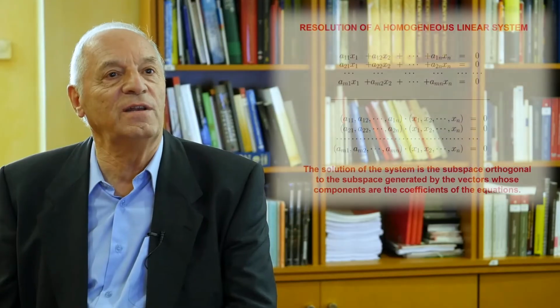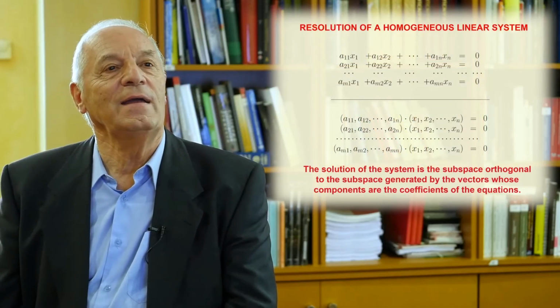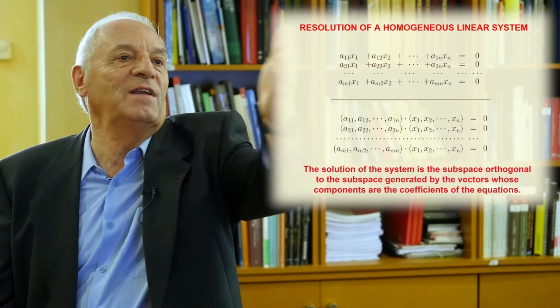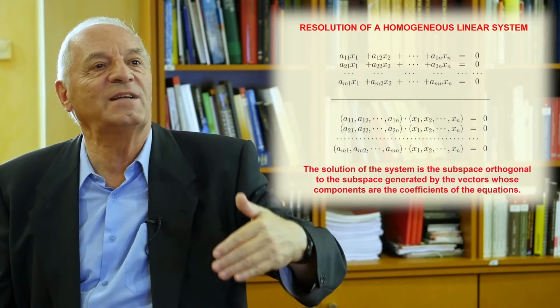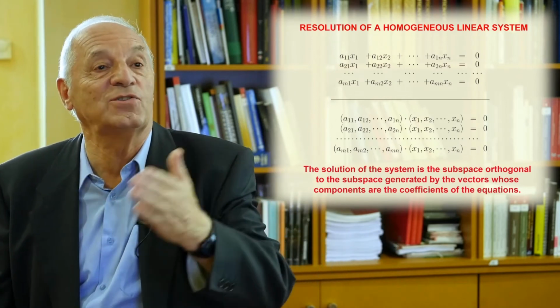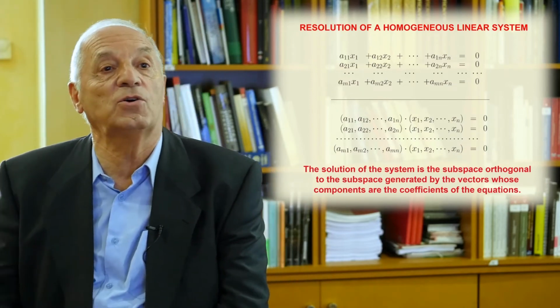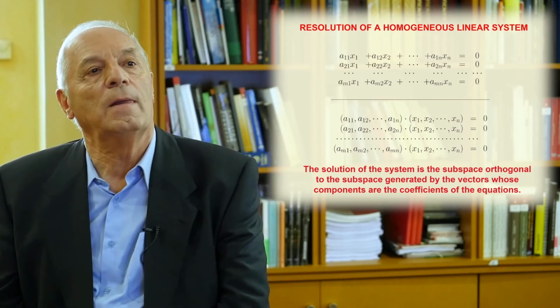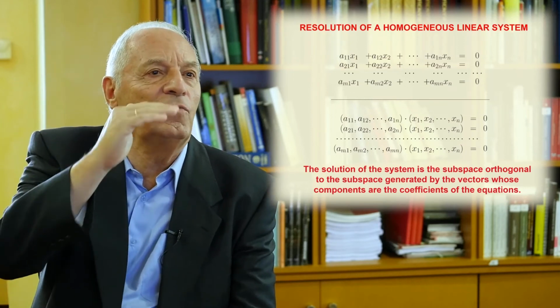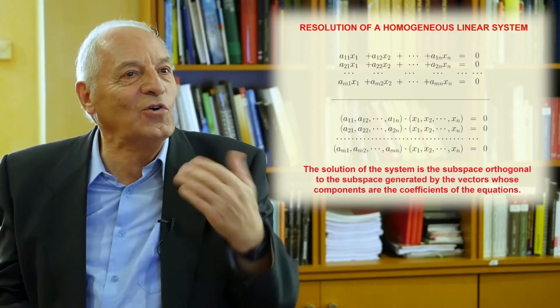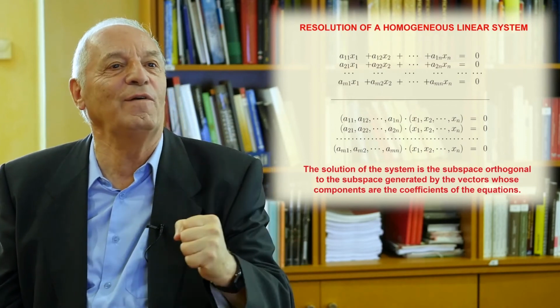Now, I am very happy to explain how to solve a homogeneous system of linear equations. Normally, when you have a homogeneous system of linear equations, you have an expression like this: a11 x1 plus a12 x2 plus a1n xn equal to 0, and the same for the other equations. It is a homogeneous system of equations because all the independent terms are 0. But instead of looking at the system in that way, we are going to put on our orthogonality glasses and use orthogonality to write this system in a different form.